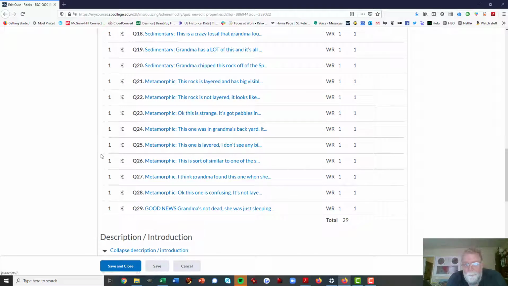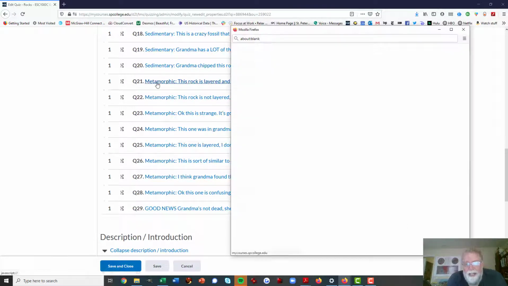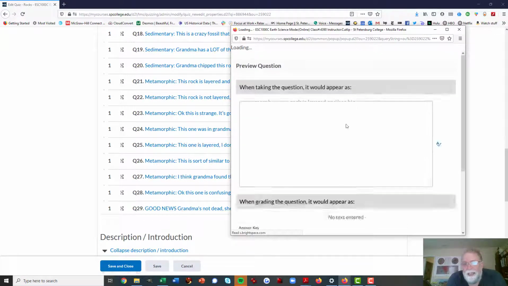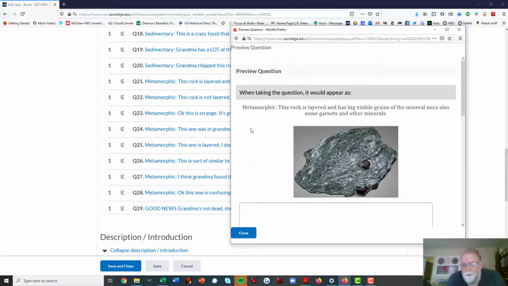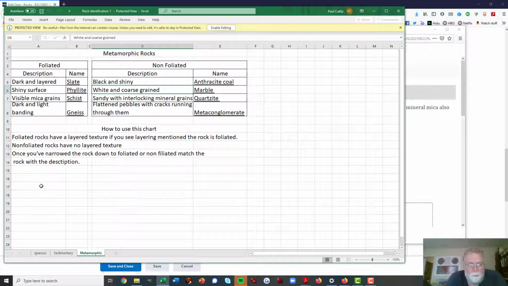Let's come down here, and in the description I tell you whether or not it's layered, right? And so this rock is layered. Okay, so it's metamorphic. So we're going to be on the metamorphic tab, obviously. Layered tells you it's foliated. And then big visible grains of the mineral mica, also some garnets and other minerals. So if we come back here to the grid,